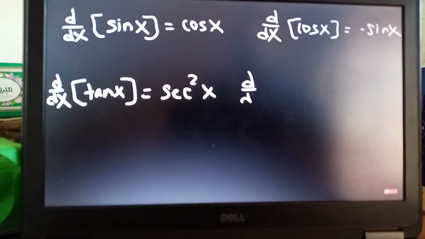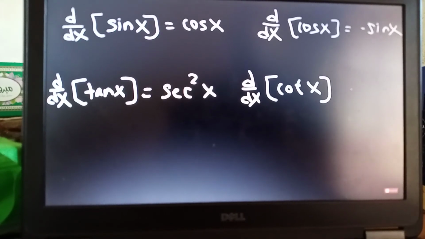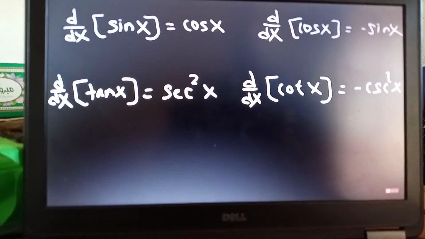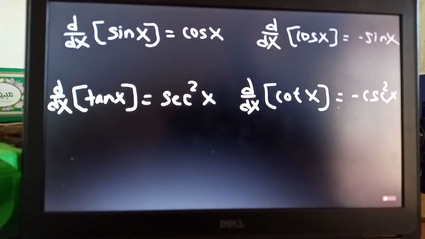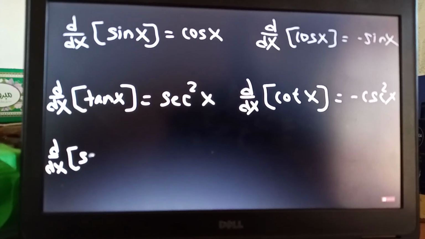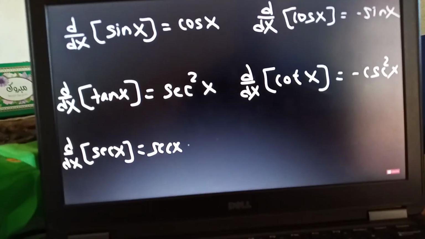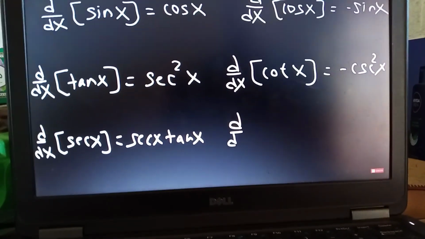Now, what do you think the derivative of cotangent x is equal to? It's going to be negative cosecant squared. Now, the derivative of secant x is secant x tangent x. Based on that, what do you think the derivative of